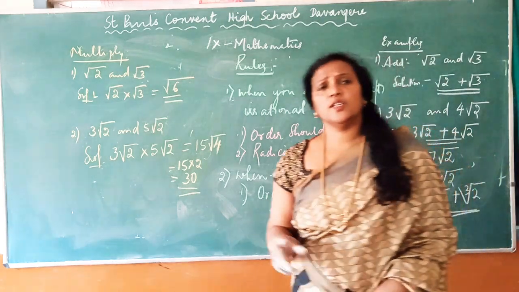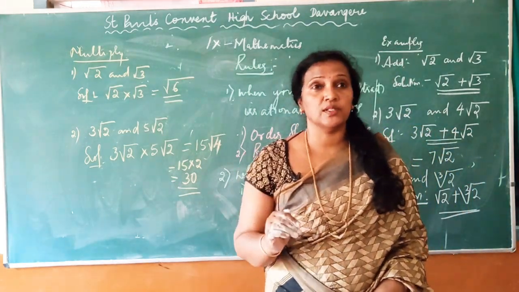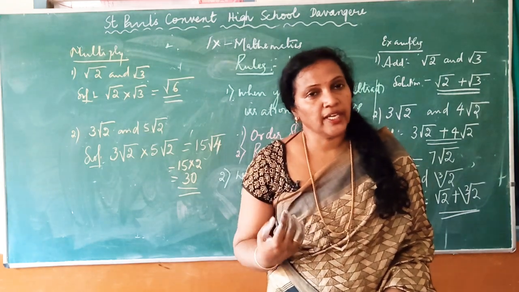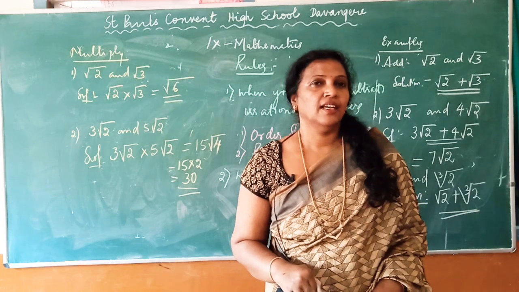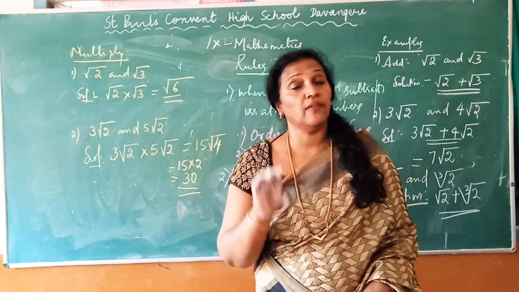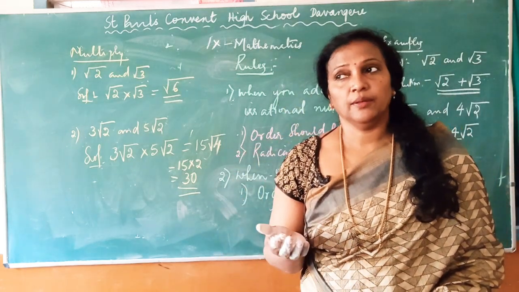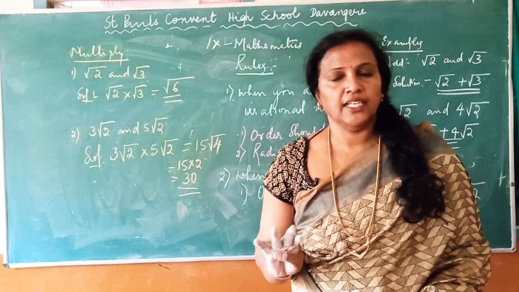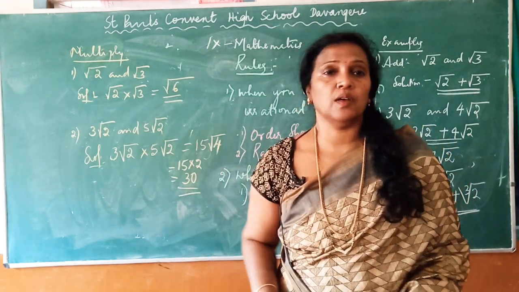In 8th standard you have learnt identities like (a + b) whole squared, (a - b) whole squared, (x + a)(x + b). What's an identity, children? Identities are nothing but the statements which are true for all the values of unknowns. So knowing this, you have learnt, I think, in last year 4 identities. Same way there are identities in square roots also.